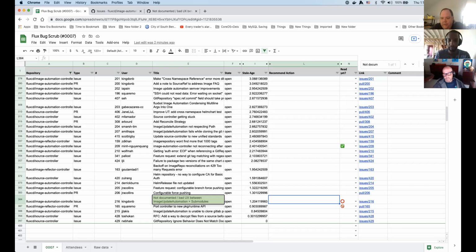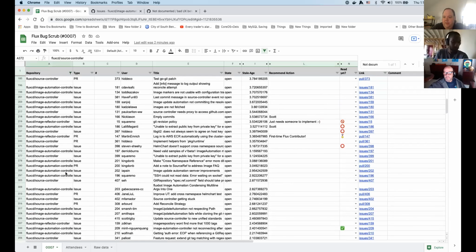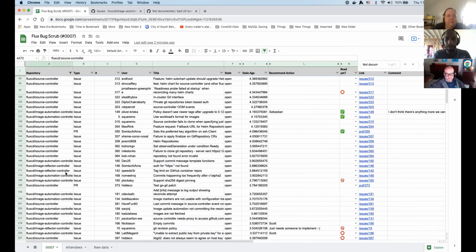Hello, everyone, and welcome to the Flux Bug Scrub number 7. We've narrowed down the list of issues today to focus mostly on things that are in the image automation